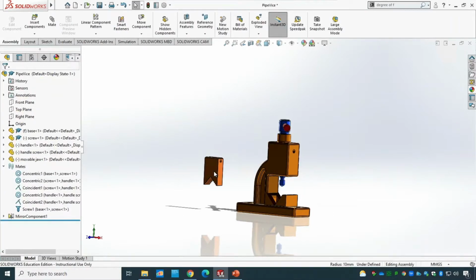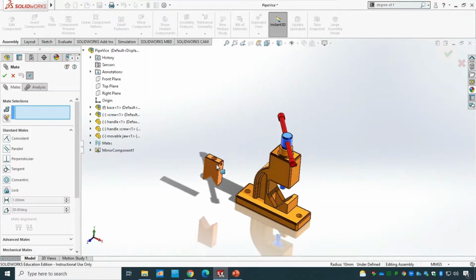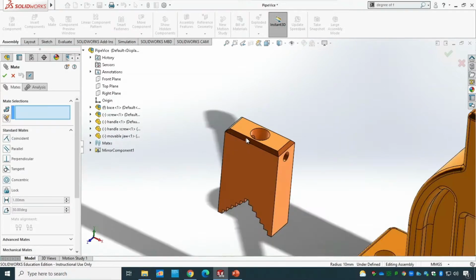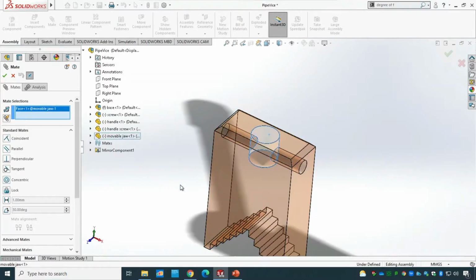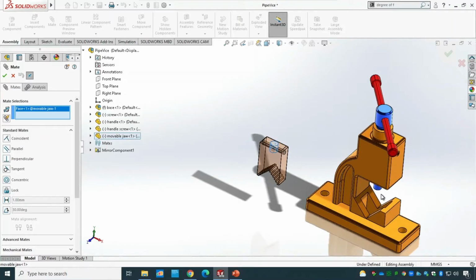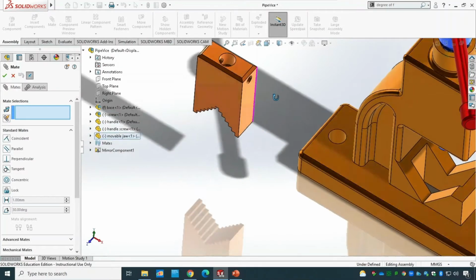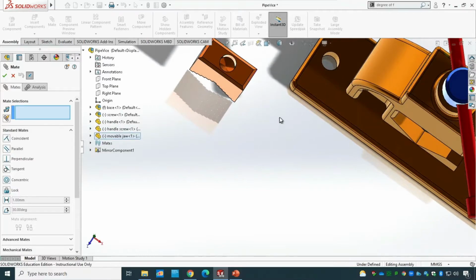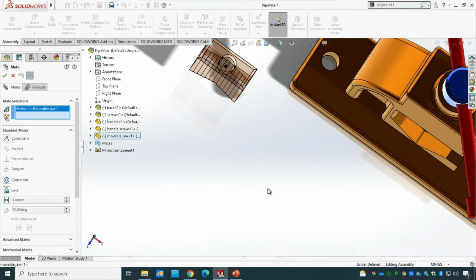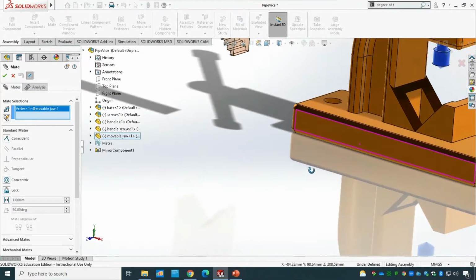And what I need to do, I need to make a relation between them, or mate. So I'm gonna go to the mate and pick up the inner part of this cylindrical shape in here, the inner face. You can either make the connection between those faces that actually revolve on there, or if you see there is a conic shape on the bottom of that one. So let me clear that one. I think if you go with the conic shape, that would be much better, because then I no longer need to make one more mate. If I just pick up that conic shape, which is the vertex at the end, with the conic shape in here,